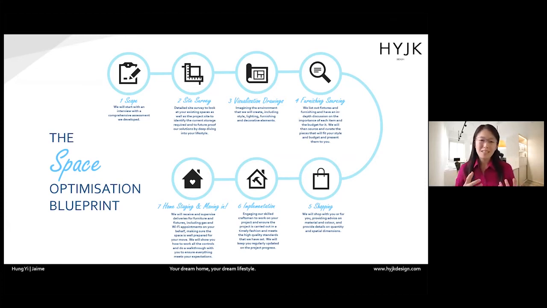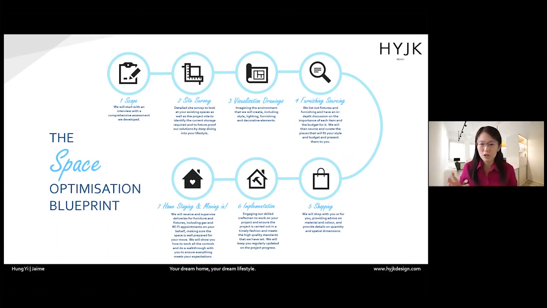Third would then be the appearance. Okay, so when you do the drawings, of course, besides having all the great properties, it should gel very nicely into your design theme that you're looking for. Again, when you're doing furniture sourcing, you can bear the materials in mind. Not only that, you should have your budget in mind. So each line, what is important to you, how much you should be spending, how much you want to spend on the TV, how much you want to spend on the sofa. Some people would spend a lot on the TV and less on the sofa, vice versa. Okay, so you list all of that out.